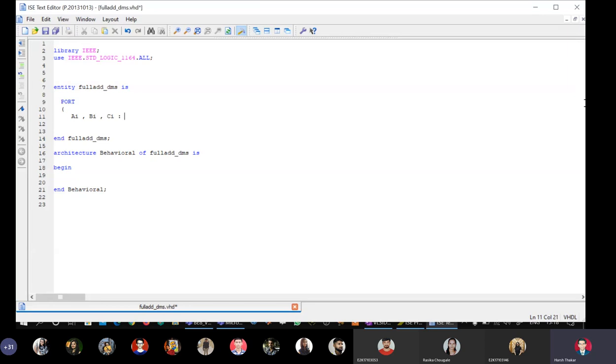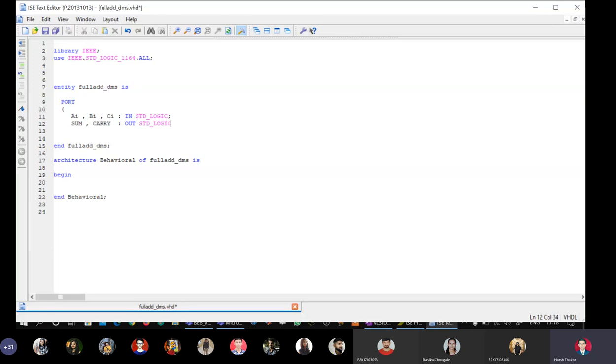Remember in the block diagram, we had defined AI, BI, CI as the inputs. Sum and carry are the outputs. Last signal, so no semicolon.